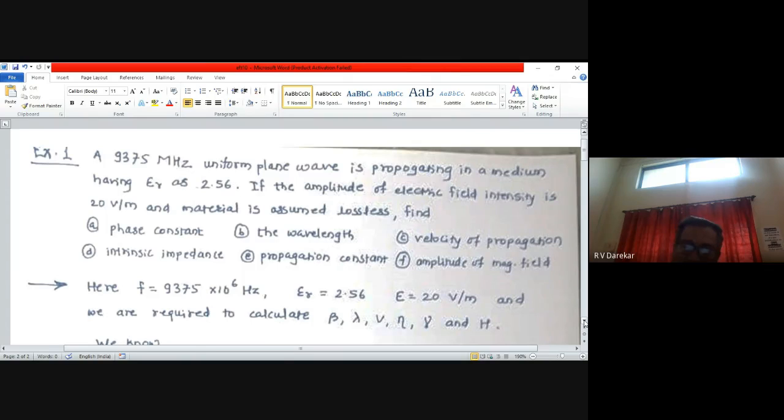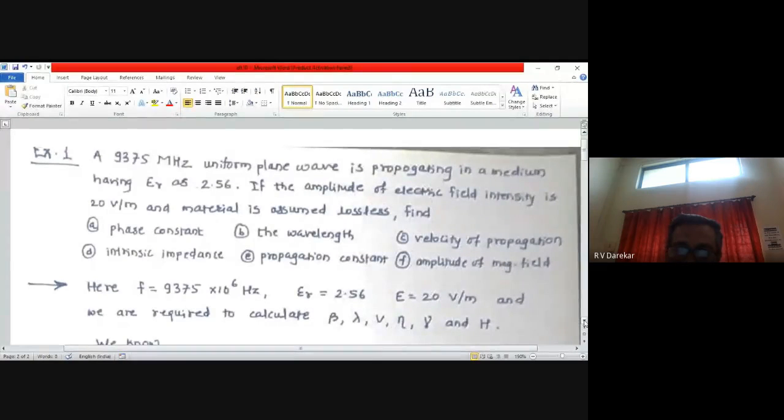Okay, once again I would like to repeat why we are trying to understand this example. The intention is that we have to get a perfect view of electromagnetic waves in our mind, so that we can analyze electromagnetic waves, we can understand them, and we can apply our logic to understand the concepts where electromagnetic waves are used.